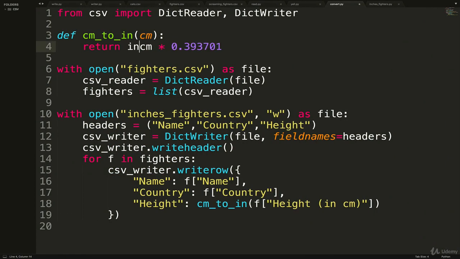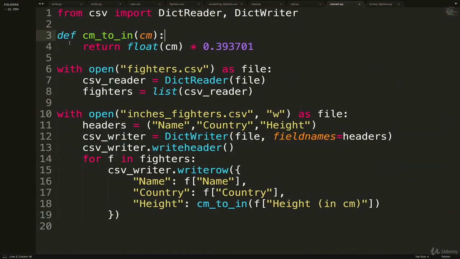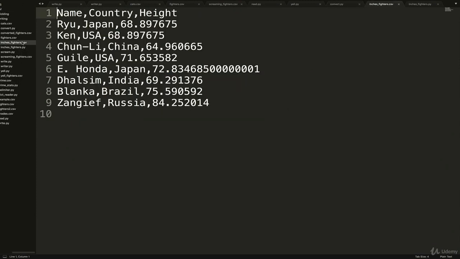So we could just, this isn't necessarily the best way of doing it because this is called centimeters to inches. You would think a function named that would just take a number. It shouldn't take a string and automatically turn it to an int, but this is okay. We'll just assume whatever we get, we'll turn it into an int and then multiply it. Or actually better yet would be a float, in case somebody passed in a float, we won't lose data accuracy. Okay, let's test it. Now let's actually look at the correct file, which was inchesfighters CSV.